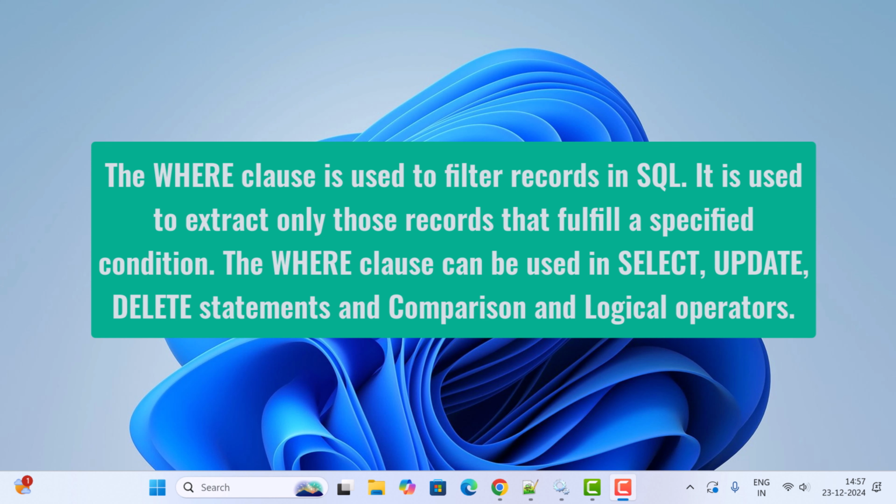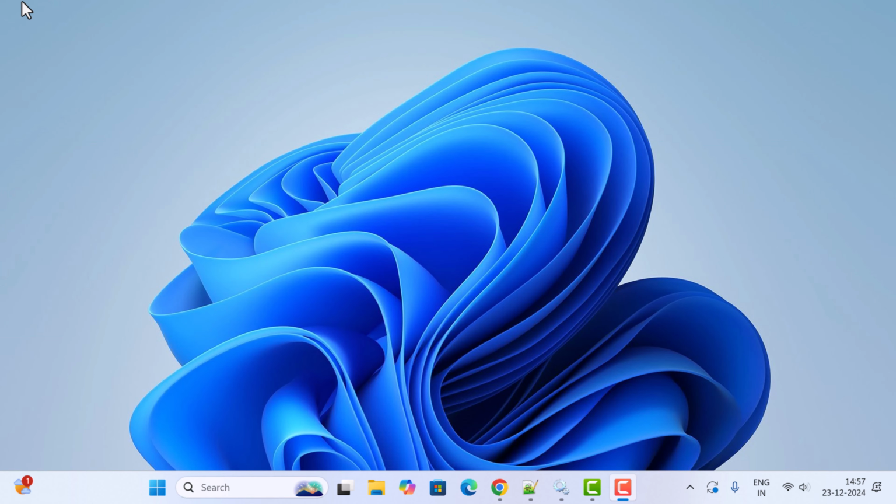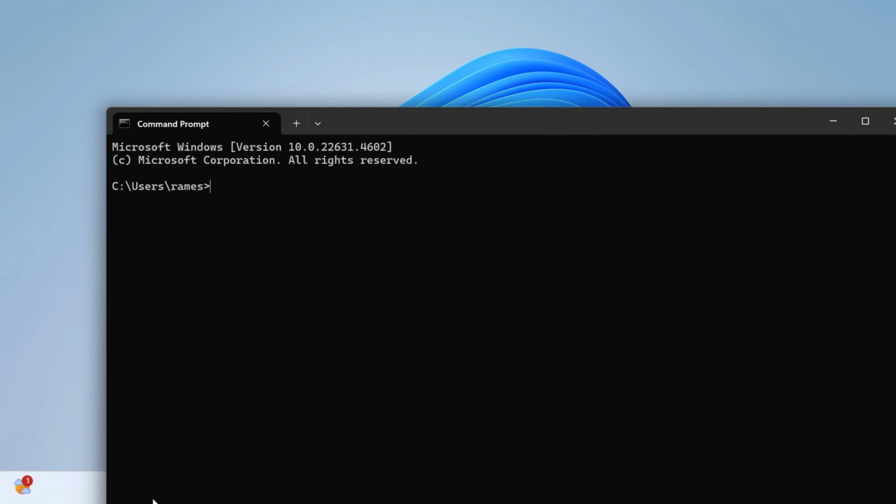So in this lecture, let us see how to use the where clause with select, update, and delete statements, and also we'll see how to use the where clause with different operators. Okay, so here let us use the command line interface, that is command prompt, to connect to the MySQL server. So in the search bar, just type cmd and open the command prompt over here,